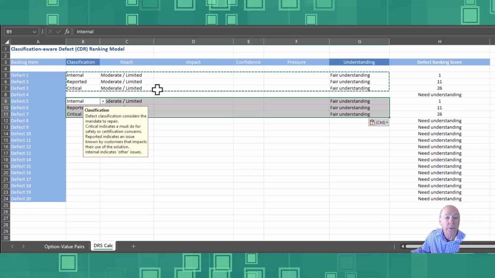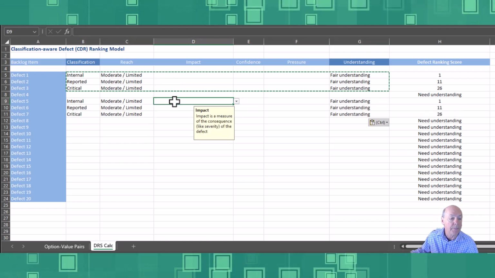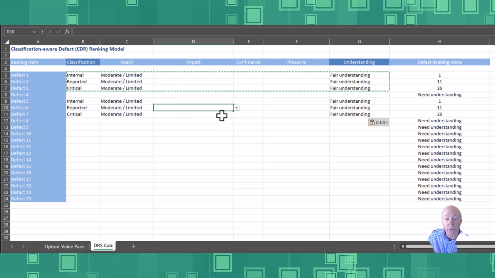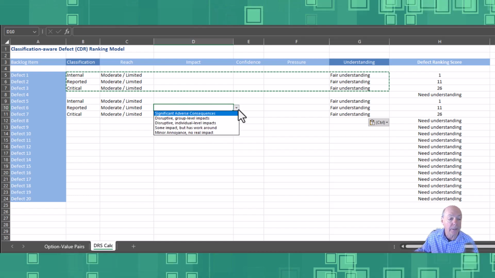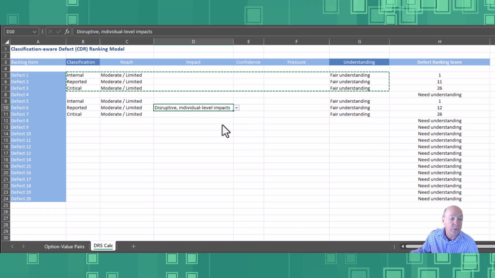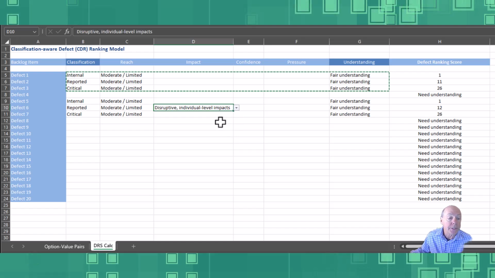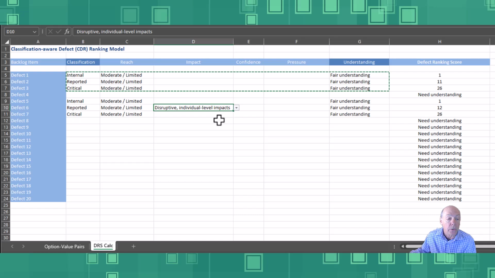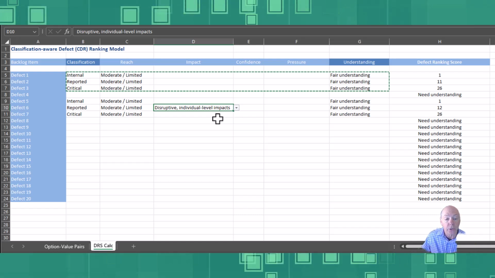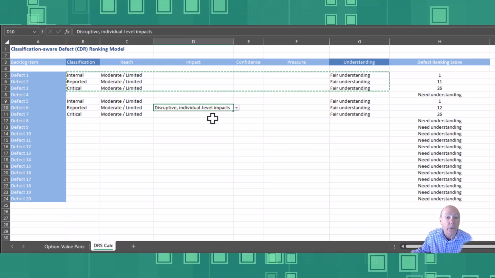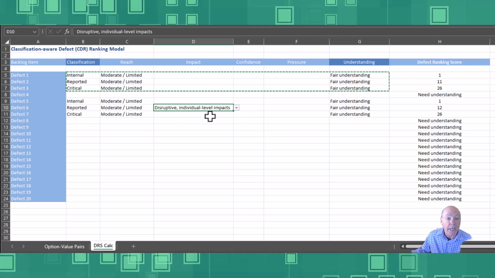And we'll make some other adjustments. For example, let's get started and say we're going to do the impact. Okay? And we'll choose a mid-range again. Now this is an example showing that when you use the classification-aware defect ranking model, you want to make sure that when you're working with defects, you work with them in a batch